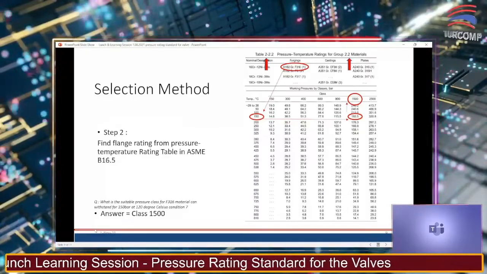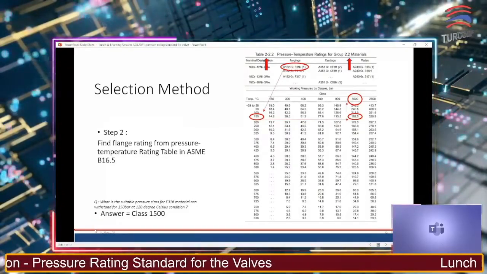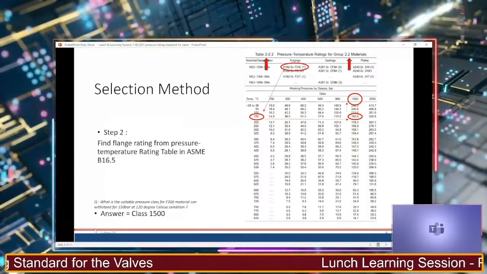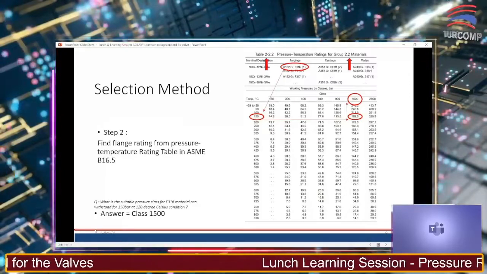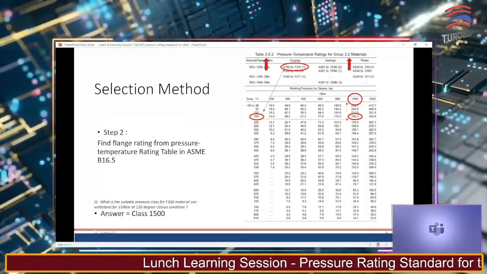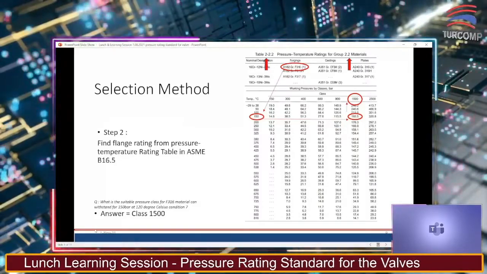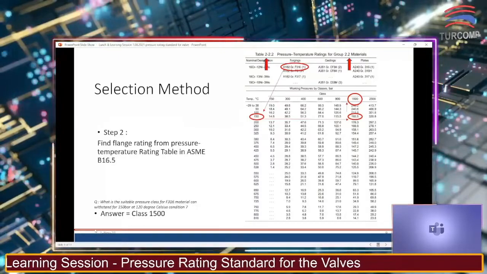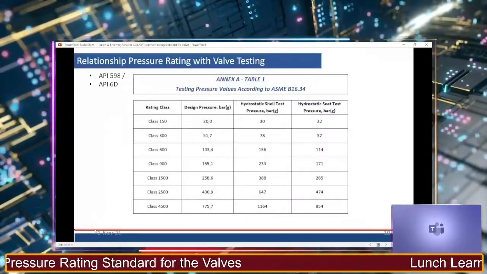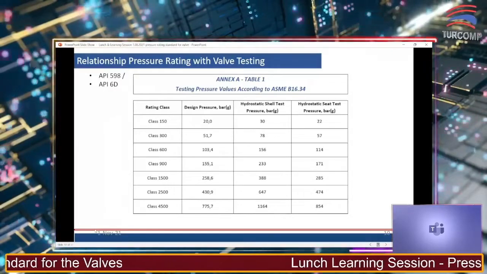Alright, that is the simple basics that we need to study about the pressure. Then, after you get the class, after you get the pressure rating of the valve, you may test your valve following API 598 and also API 6D. Okay, this is the relationship of pressure rating with valve testing. For example,